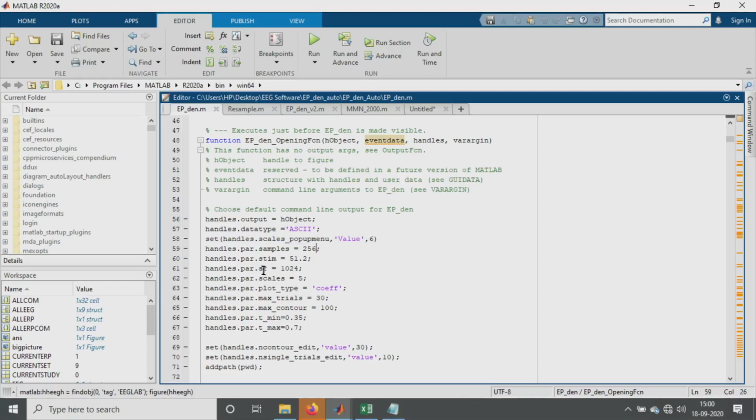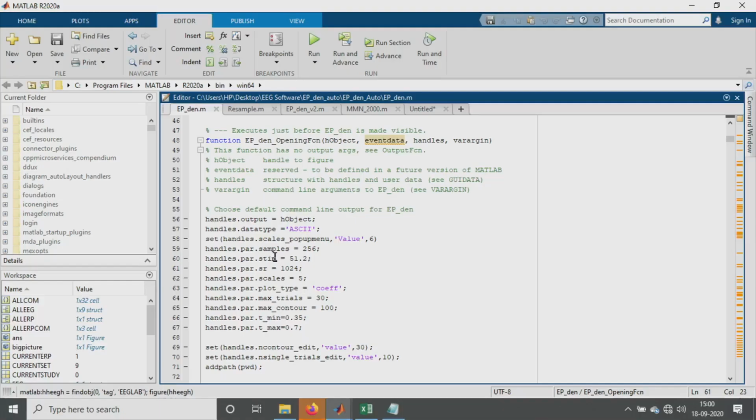This is called the sampling rate, and for our case the sampling rate is 1024, so we enter it in that manner. And this stim parameter is how far you want the axis to move up and down.